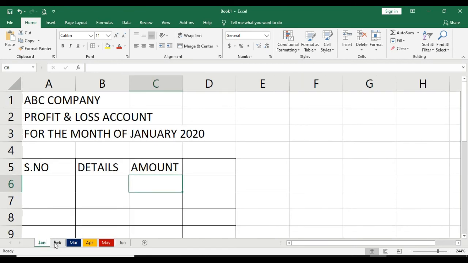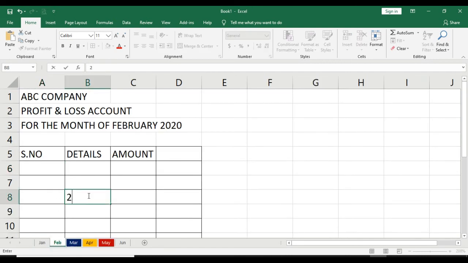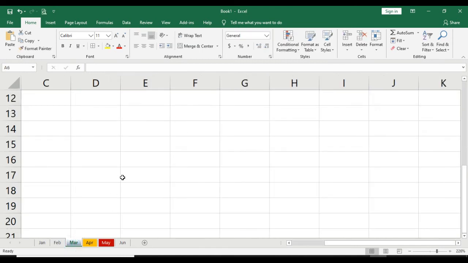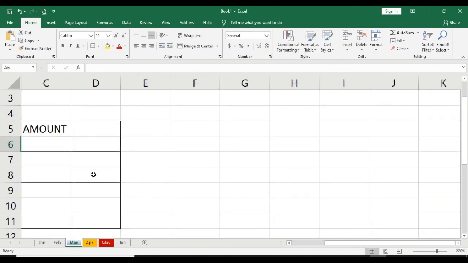Now suppose you don't ungroup them, let me show you what mistakes we normally make. Suppose in February you have some data here. In March you have some data here also.